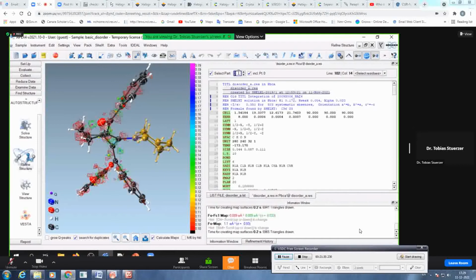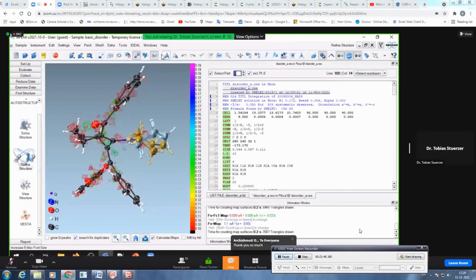Because if you have 5 parts and different parts for different moieties, it can be very hard to see whether everything is still okay or not. Yeah. If you want to bring everything back into the view again, you click on the eye symbol again, which means show all hidden. Yep, you're welcome. Okay, so then we go to the next example,